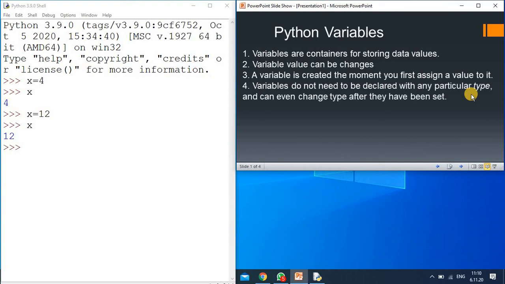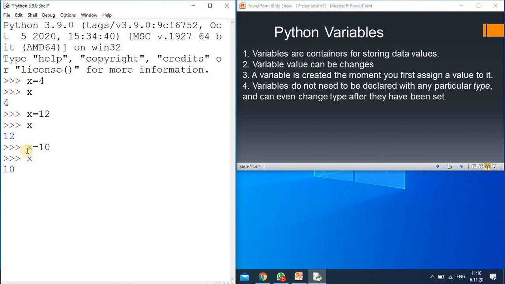The next point is that variables do not need to be declared with a particular type and can even change type after they have been set. Suppose we have x equals 10.